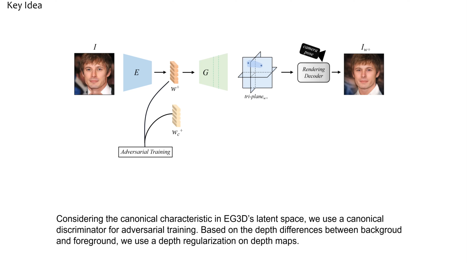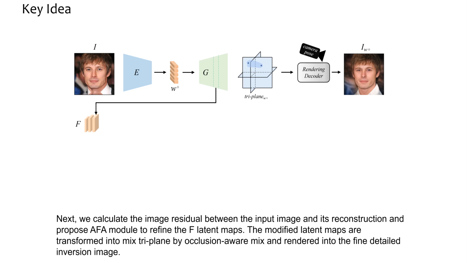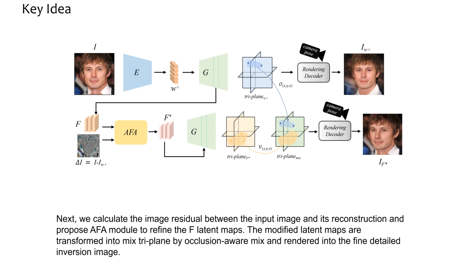Based on the depth differences between background and foreground, we use a depth regularization on depth maps. Next, we calculate the image residual between the input image and its reconstruction and propose the AFA module to refine the F latent maps. The modified latent maps are transformed into mixed triplane by occlusion-aware mix and rendered into the fine